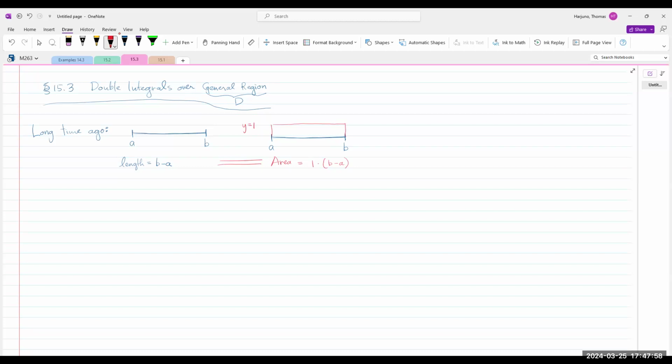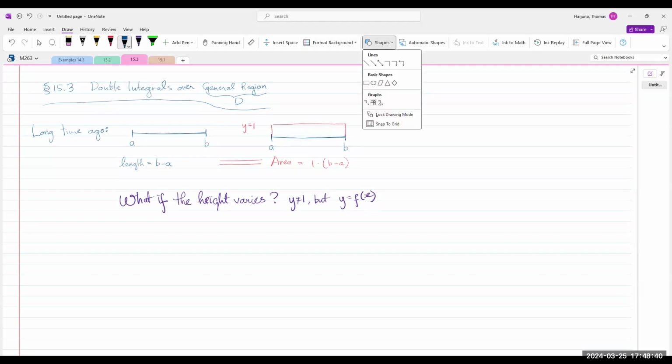Now, my reason for showing you this is the following. Suppose, what if the height varies? In other words, y is not 1 anymore, but y is now a function of x, depends on the x. Then we do integration, right? So we end up with, let me change the color first. We end up with,